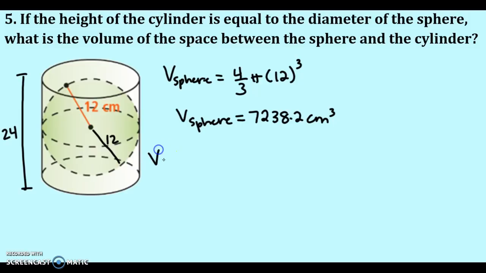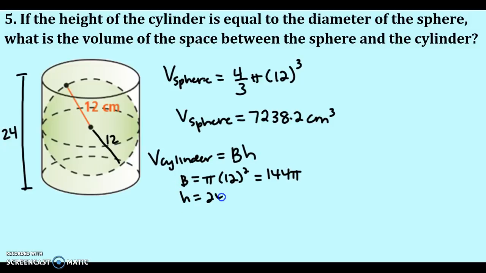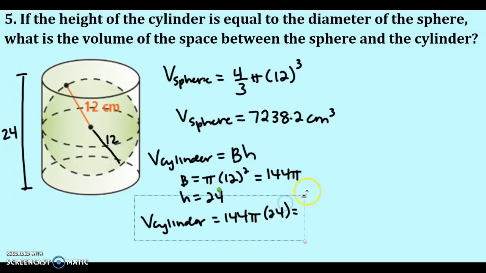The next thing I'm going to do is find the volume of the cylinder. So again, that's area of base times the height. The area of the base is pi times the radius squared, which is equal to 144 pi. And then the height of the cylinder is 24, which we found at the beginning of the problem. So the volume of the cylinder is equal to 144 pi times 24, and I get 10,857.3 centimeters cubed, which is good because that cylinder is larger than my sphere, so I should have a larger